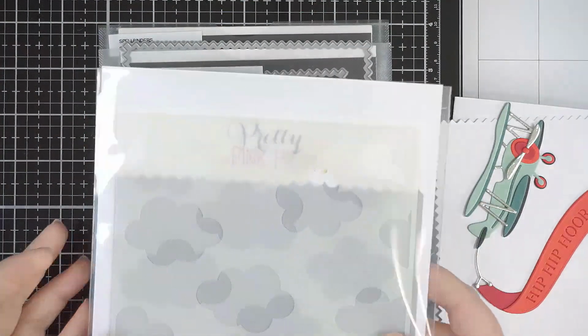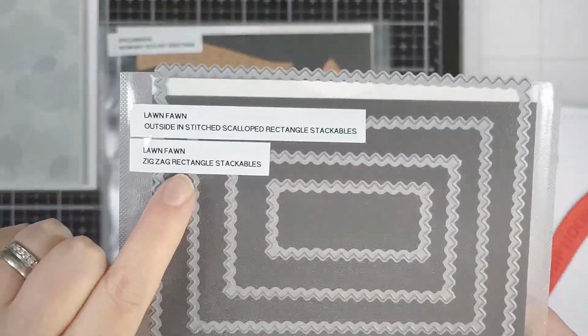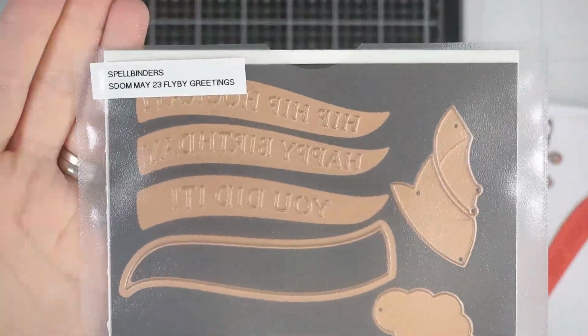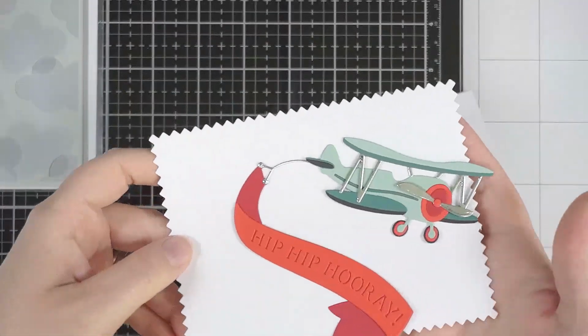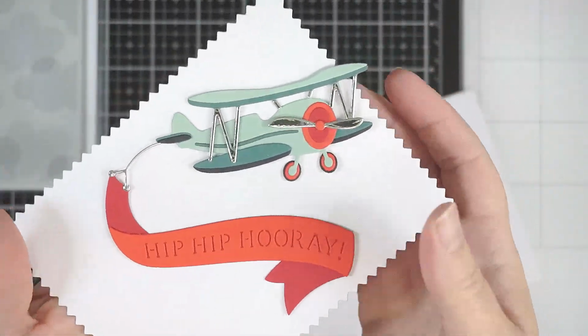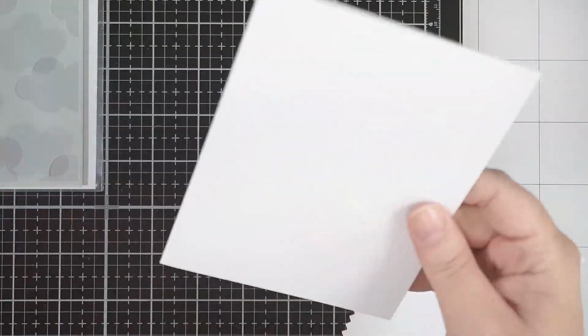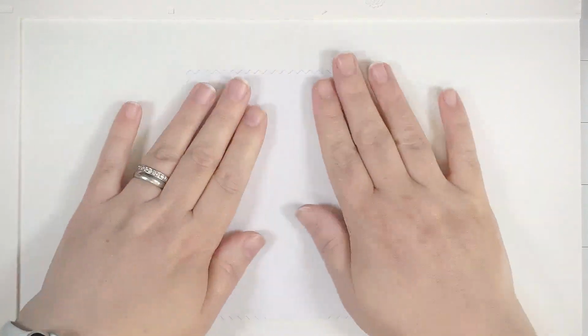Hi everyone, welcome back. So today I've got some Pretty Pink Posh cloud stencils, the zigzag rectangle, the largest of the set, and also Spellbinders small die of the month for May 23, which is the Flyby greetings. What I've done is I've already die cut the little plane and the banner, which is what you create out of the set this month, and also the zigzag, I couldn't think of the word, zigzag